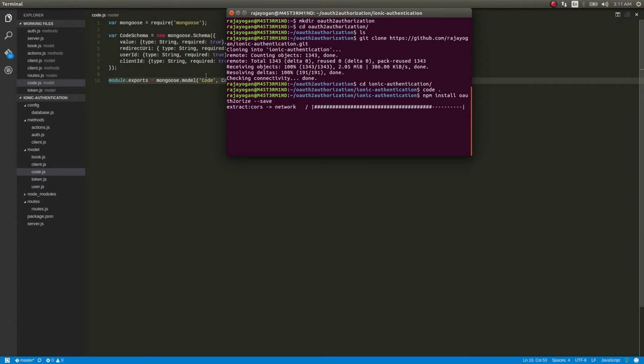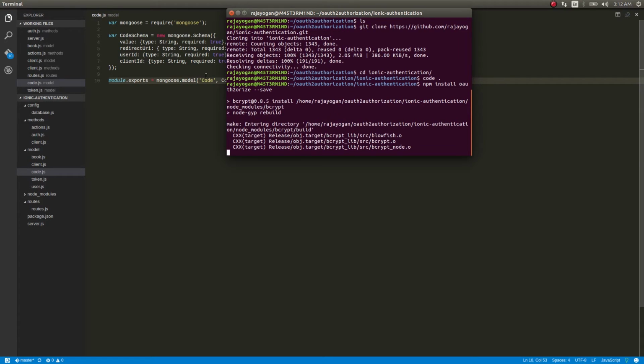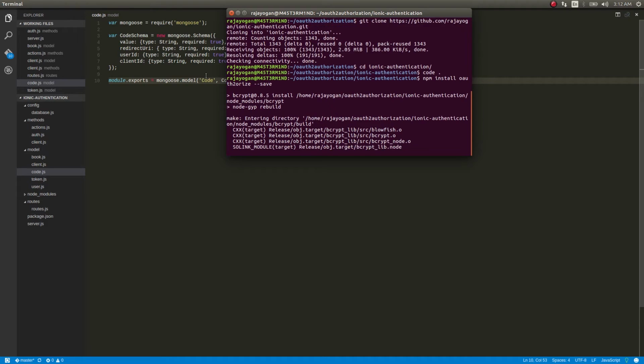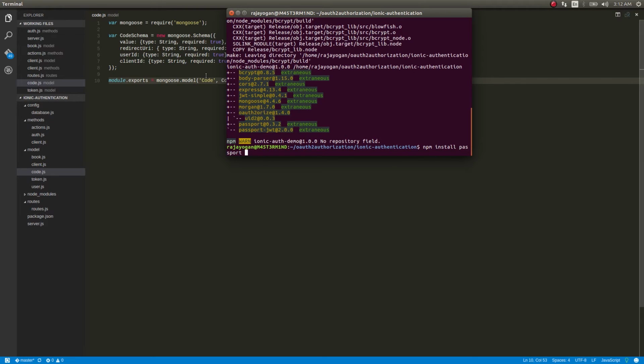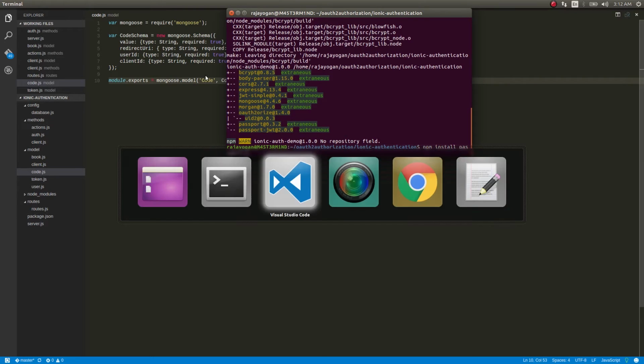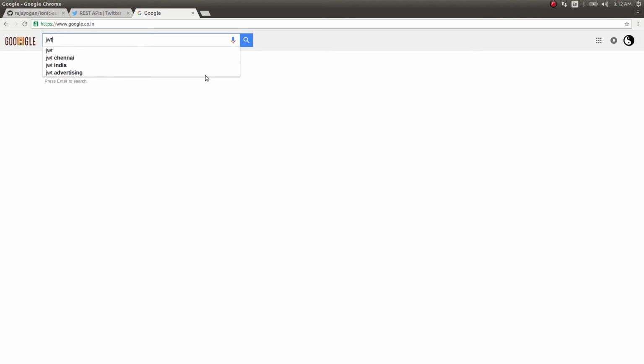You will understand it as and when we code it, so no issues there. Then we'll be using a JWT bearer strategy, so for that we'll be using npm install passport-http-jwt-bearer.